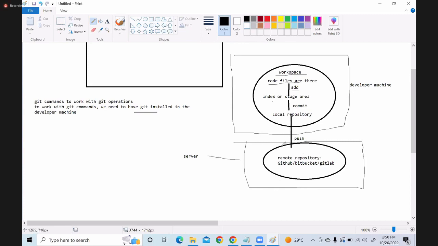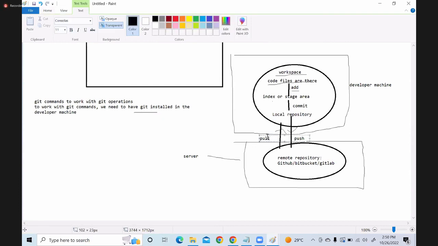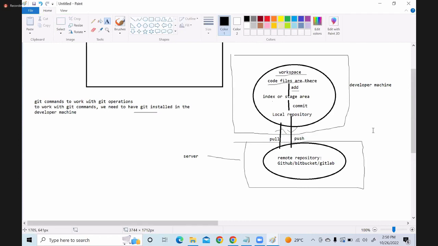Similarly, if I want to pull files from the remote repository, we use pull.